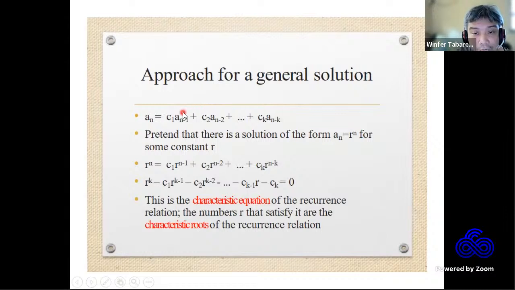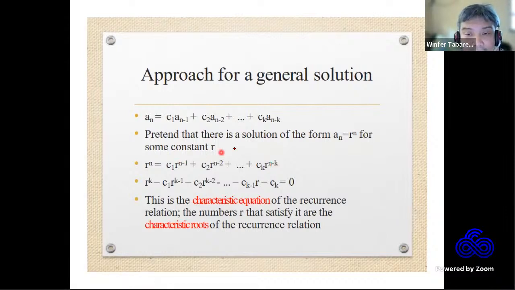then we can rewrite the original linear recurrence relation in terms of r to the n. So a sub n becomes r to the n, a sub n minus 1 becomes r to the n minus 1 based on this definition, and a sub n minus 2 becomes r to the n minus 2, and so forth until r to the n minus k. Because all the terms here have a factor of r, specifically each and every one has a factor of at least r to the n minus k,